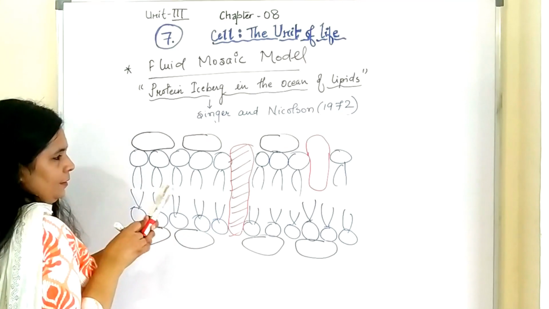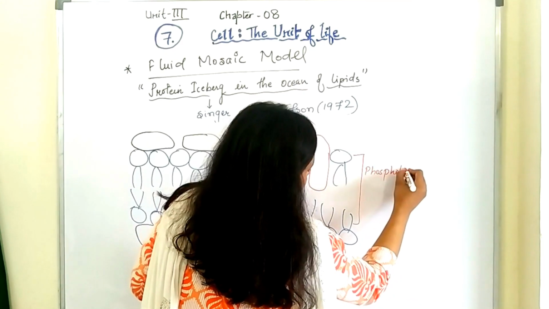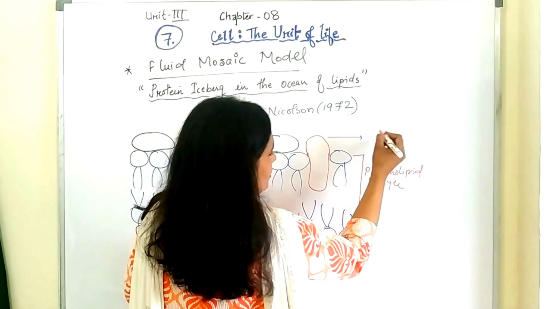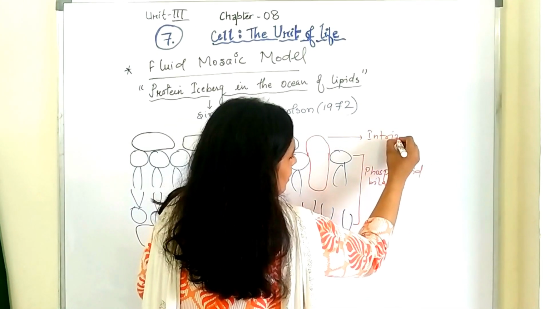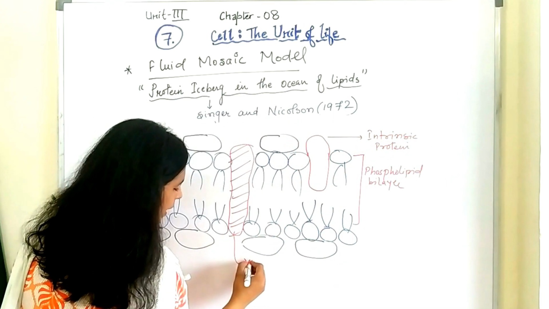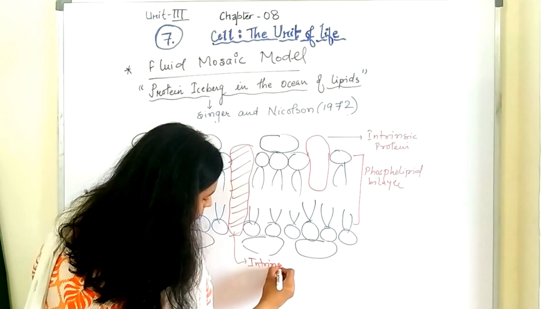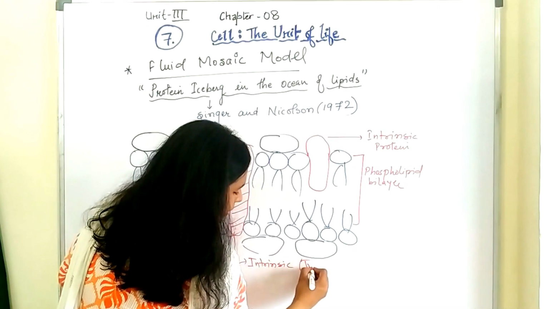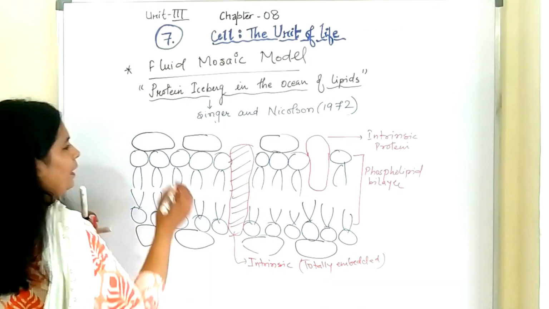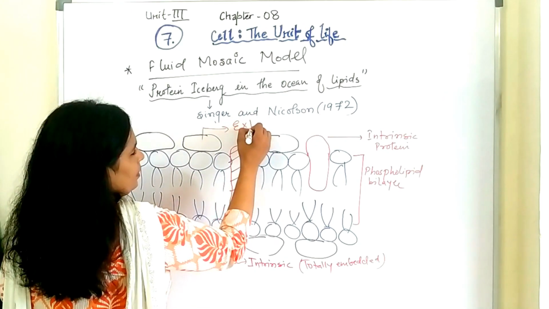Let's label it. This is phospholipid bilayer. This one is intrinsic protein. This is also intrinsic, but this is totally embedded in the membrane. Fine. And this is extrinsic